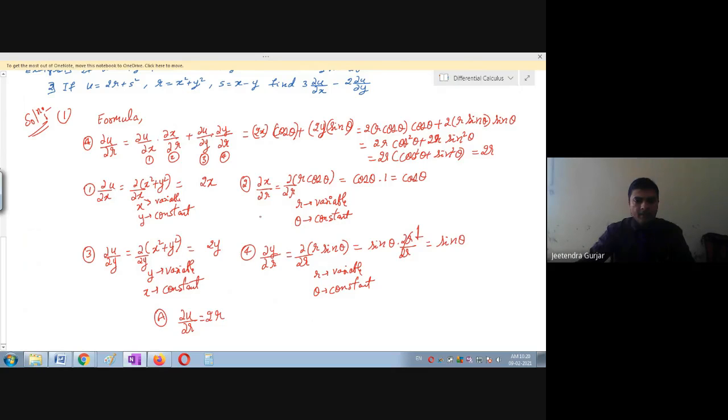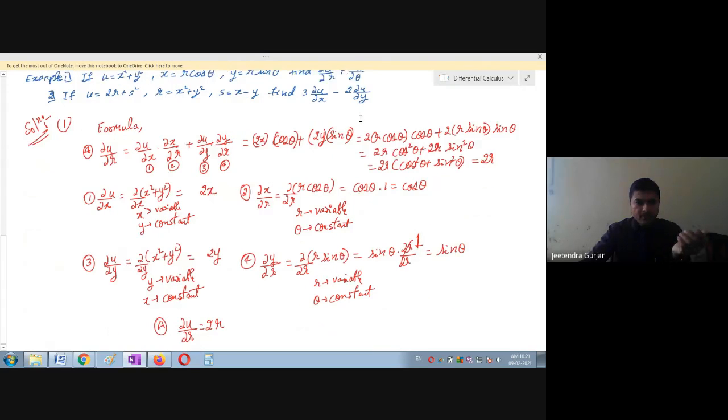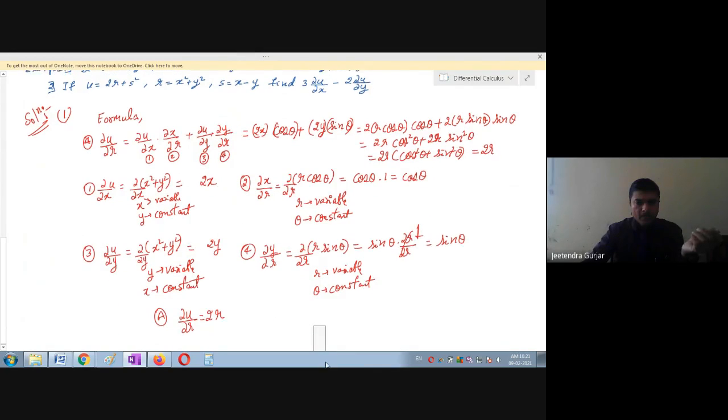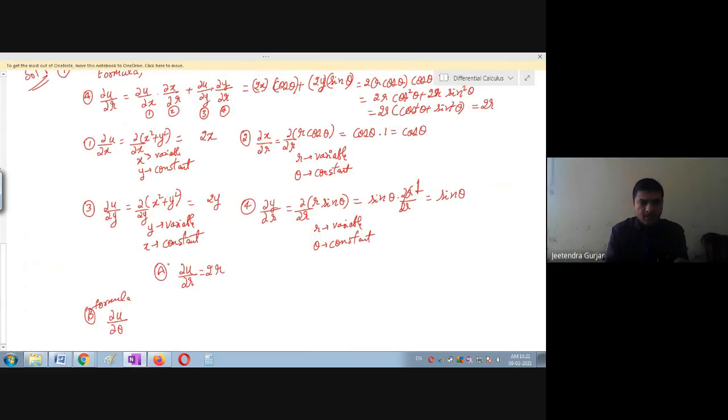So next I have to find b, that is this b I want to calculate. So further same way we can calculate b part also. Yes. So easily one can, looking at the A problem, you can easily solve the B problem now. So I will take the B problem. So B, whenever you start, please see that you write the formula. That is dou u upon dou theta. Now write the formula first. Yes. Okay.